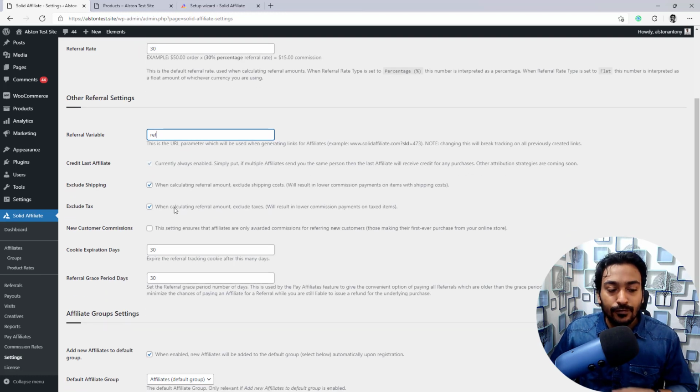And here are a couple more features. For example, there are not a whole lot of different features available in terms of referrals within Solid Affiliate, but they do give all the basic mandatory stuff. For example, there is an option which is by default ticked, which is credit last affiliate. Well, what that means is, for a product there can be multiple different affiliates, right?